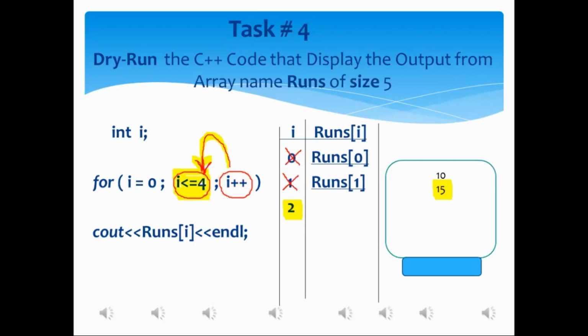What is the condition written over there? I is less than or equals to 4. What is the current value of I? 2, sir. If you place the current value of I, that is 2, in the condition, what will this condition become? 2 is less than or equals to 4, just as you can watch on the monitor screen in the diamond box. It is so or not? It is so, sir. 2 less than or equals to 4. Mr. Aftab, tell me whether this condition is true or false. It's true, sir. Your answer is correct, my dear.